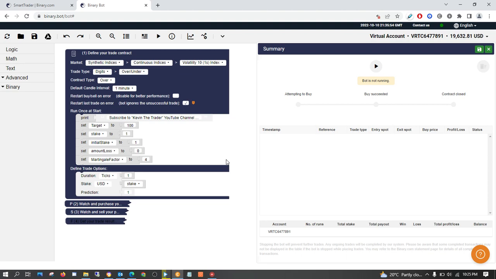Now let's recap. First of all, your stake should not be above 1, so it's either 0.35, then 0.4, 0.5, 0.6, 0.7, 0.8, 0.9, and 1. That's the maximum if you have a small account.